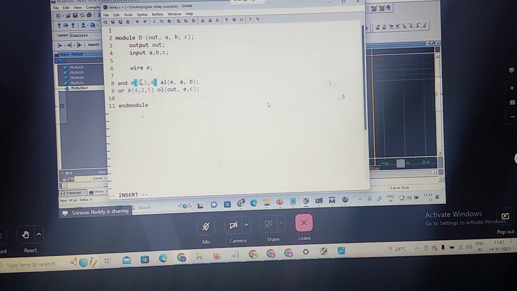Another way is that you can control the rise time, fall time, and turn-off time using the minimum value, typical value, and maximum value, so that you can view those values during runtime. Did you understand? Now in this simulator, I can show you the two delays. One is the rise delay and the fall delay. So whenever your transition happens from one X